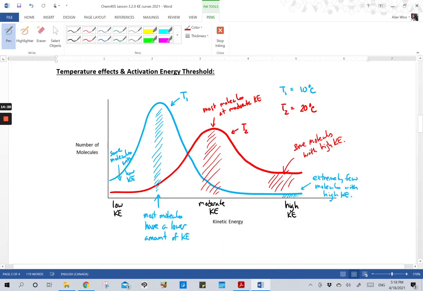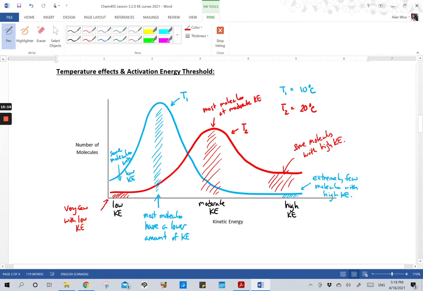This should be higher than what you see for T1. Because T1 overall is at a lower temperature, there were fewer molecules of high KE. But because you've increased the temperature, now more molecules on this end have high KE for T2. Now, at the same time, we would expect even fewer molecules compared to T1 to have low kinetic energy. So here we have very few with low